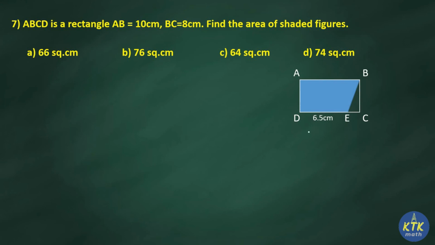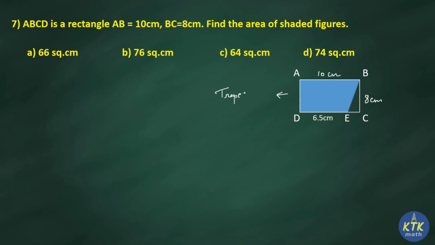Okay, now in the question what they mentioned, AB is 10. So here I can write 10 centimeter AB, and then BC is 8. So BC, that is width of the rectangle, is 8 centimeter. Okay, find the area of shaded. So the shaded portion they are asking. It's a very simple one because this shaded portion is exactly what shape? Can you name the shape? It is good. It is trapezium.